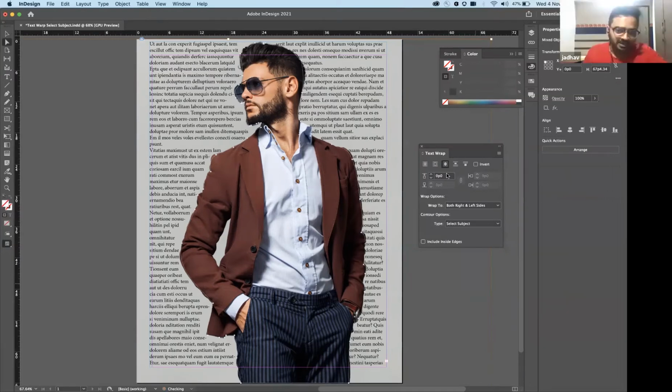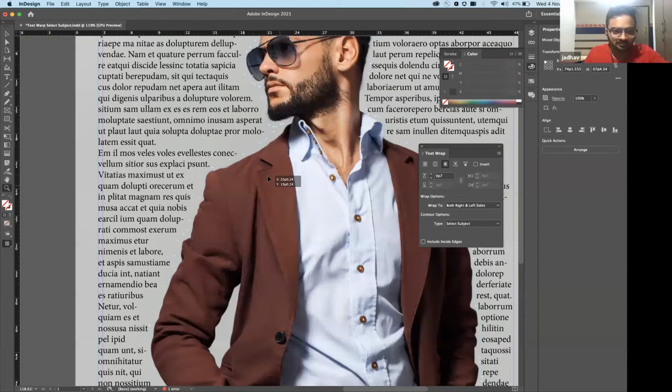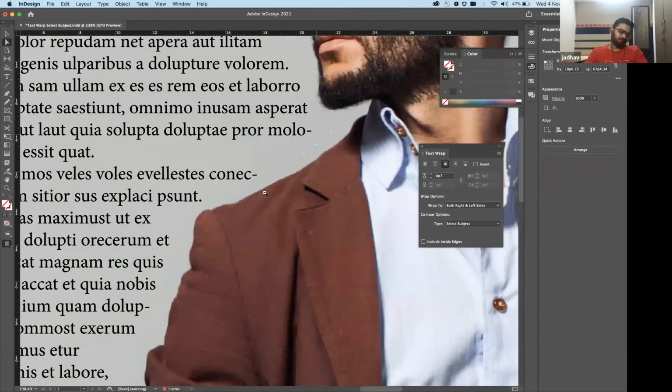Not only that, you can still come here and use some of the indent options, like how far the text should be, because here you'll see there is this particular line which is defining the contour. You can come here and change these boundaries and your text will automatically be wrapped depending on how you draw it around. So this is a brand new Max feature for InDesign. This is a very exciting feature to try out.